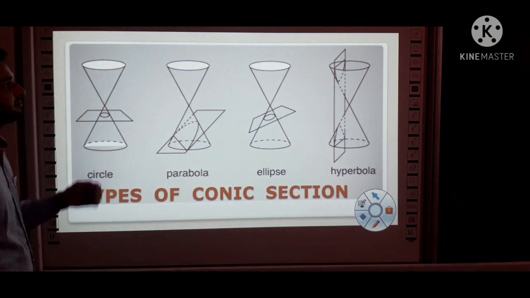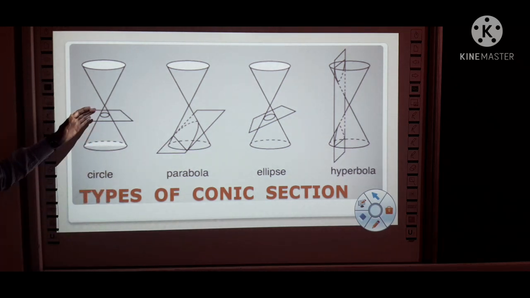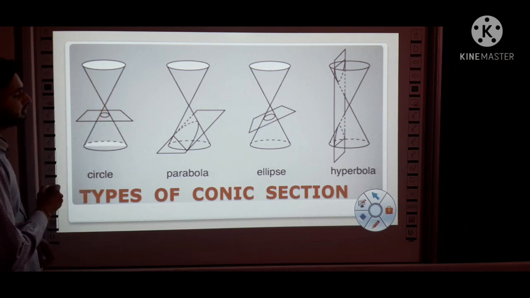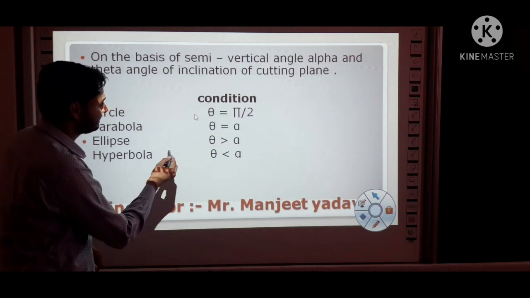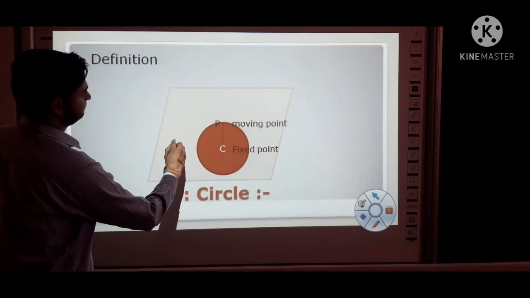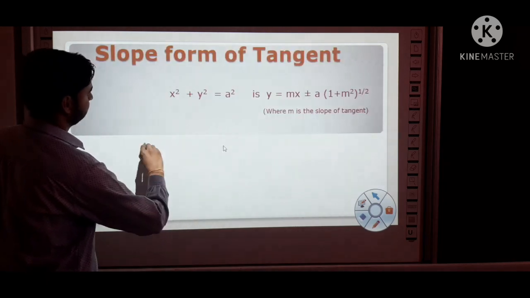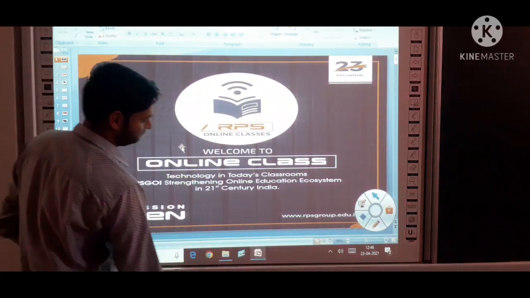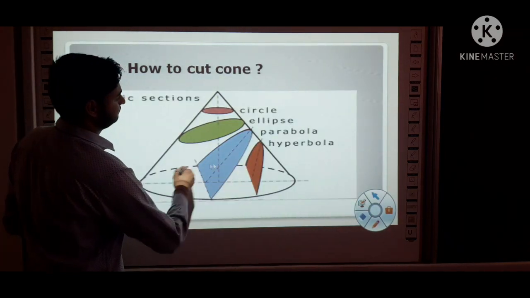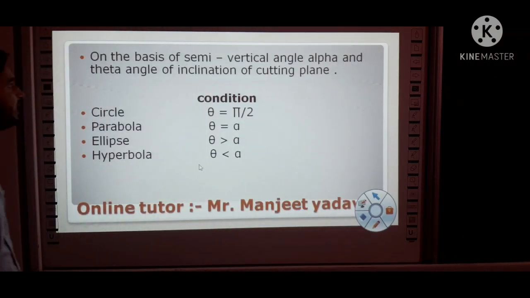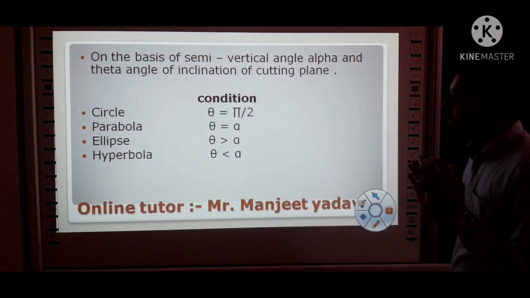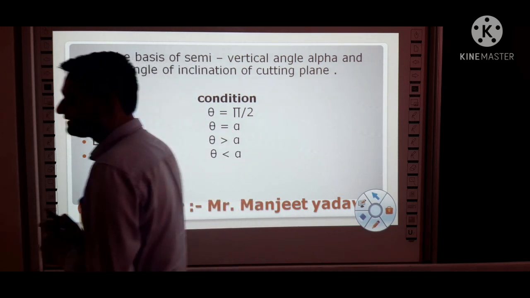So as you are watching on the smart screen, that first part is circle, and this is the plane of intersection, and this is double inverted cone. Second is the intersecting plane. Now on the basis of semi-vertical angle alpha and on the angle of inclination of cutting plane, that is theta,